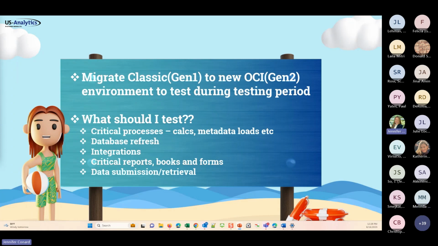I mean, you're not testing a patch. You're basically testing that you've been moved over to a different data center. Yes, and just functionality. Does it still work? And really, everything should work, because again, the biggest change here is security. It's just your classic cloud security on crack, basically, because there are so many different options.